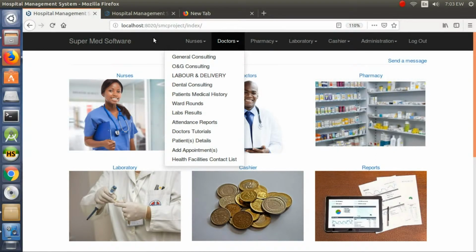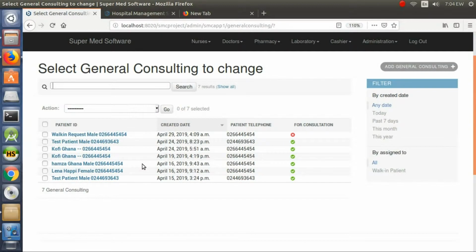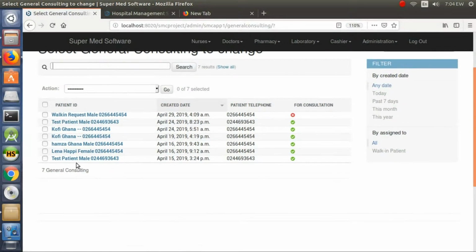Now, let's do a general consulting as an example. So you can click on General Consulting, and this will take you to the page where the patients have been assigned to you as a doctor for that particular day. So, having clicked on General Consulting, I see all the patients that have been assigned to me. I click on the patient Lena Happy,